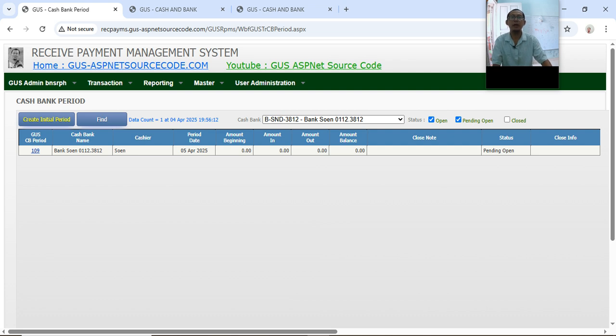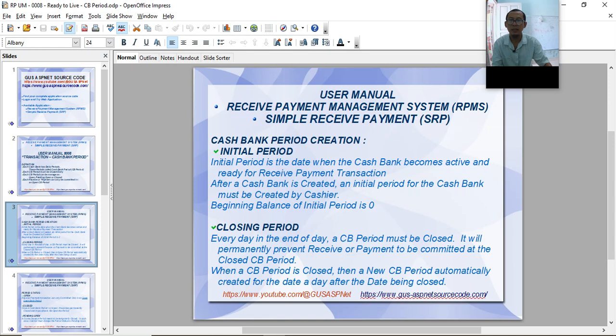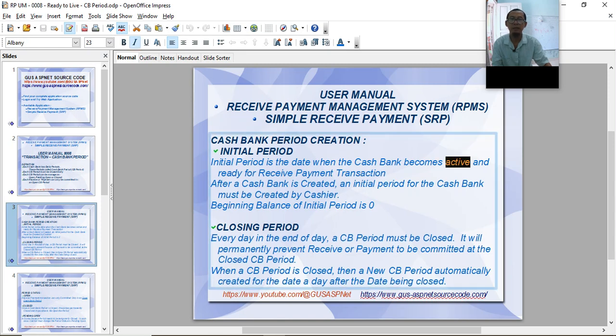At the first time when the cash bank period is created, the status is pending open. This means that no receive payment can be committed in this initial period. Let's check our documentation again. Initial period is the date when the cash bank becomes active and ready for receive payment transactions.